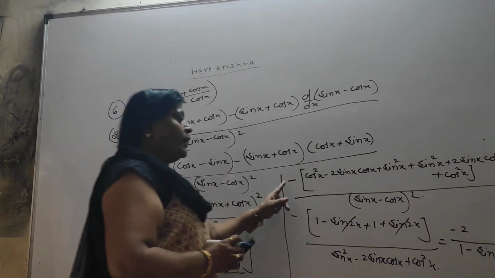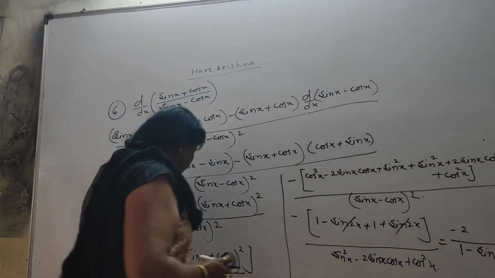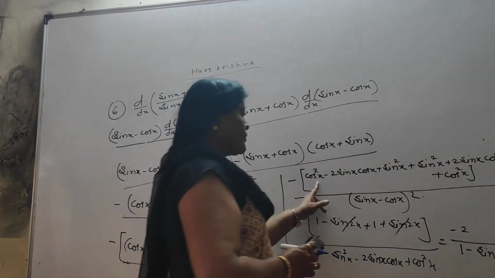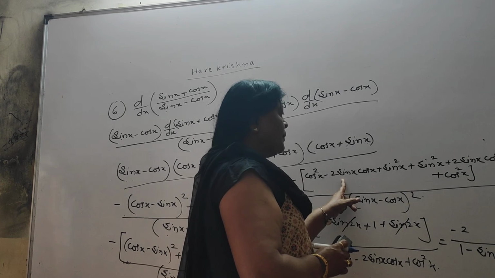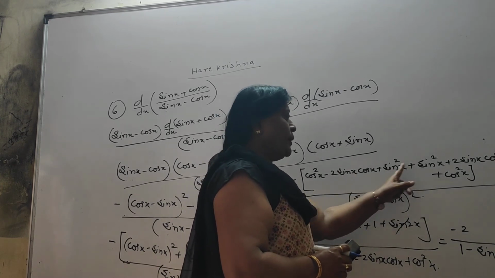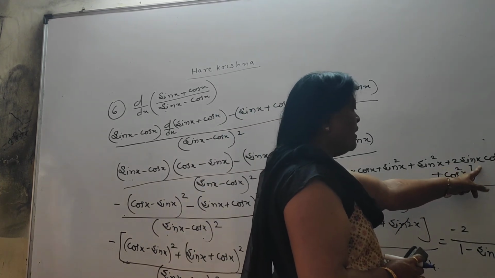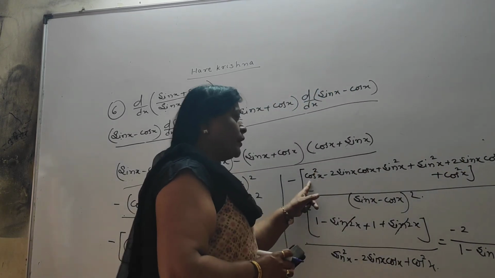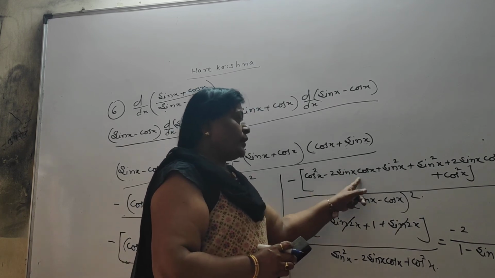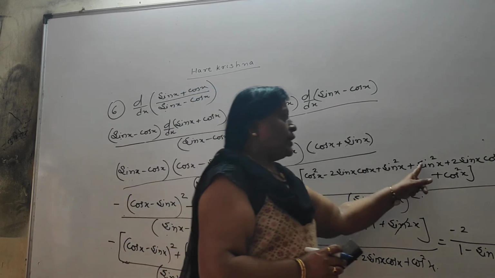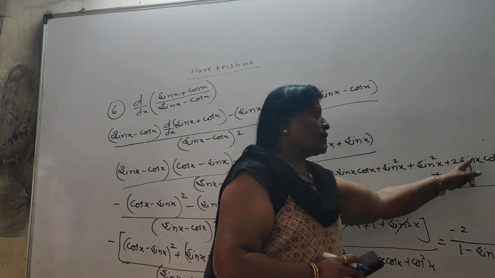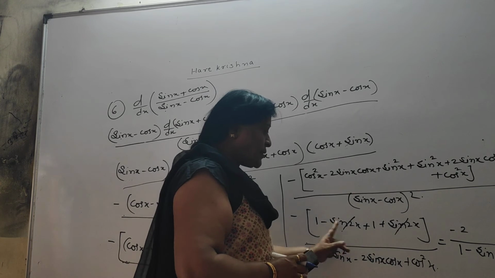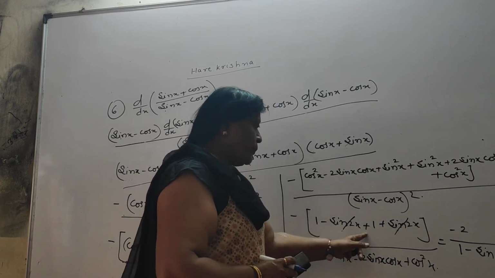Now simplify the bracket. Minus sign remain as it is. You have to expand by the formula (a minus b) whole square means the square of a first term, twice the multiplication of a two term, plus the square of a second term. Here also same, you have to use the formula (a plus b) whole square, sin square x plus 2 sin x cos x plus cos square x. Again cos square x plus sin square x is 1, 2 sin x cos x, this is the formula of sin 2x. So minus sin 2x plus sin 2x get cancelled, 1 plus 1 is 2,